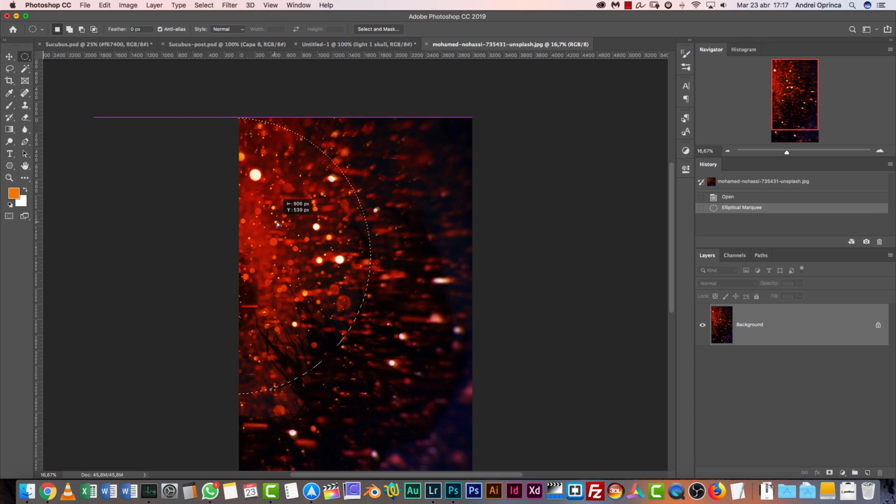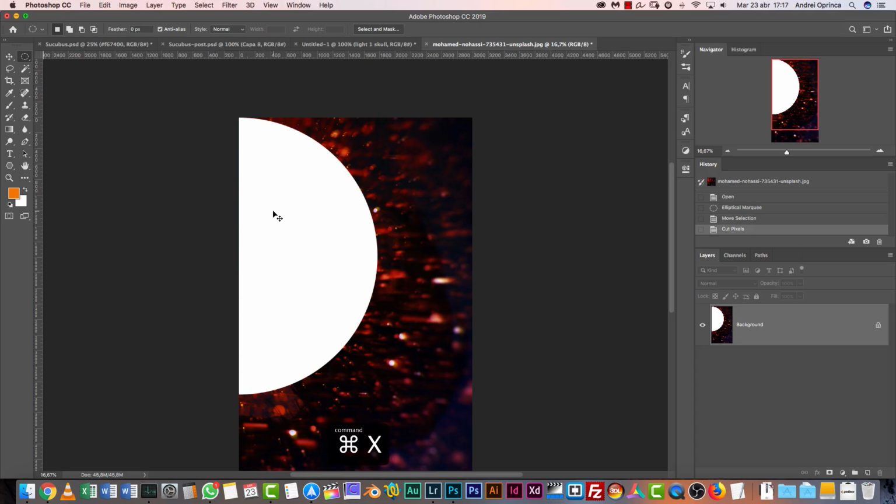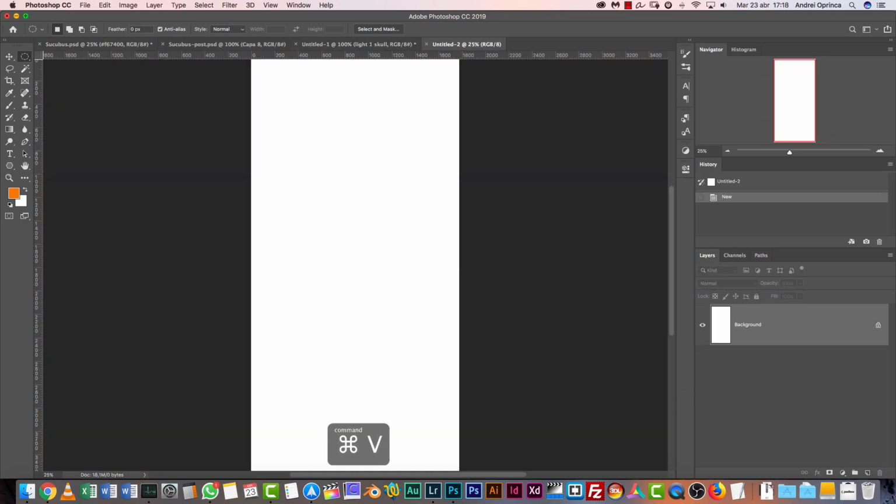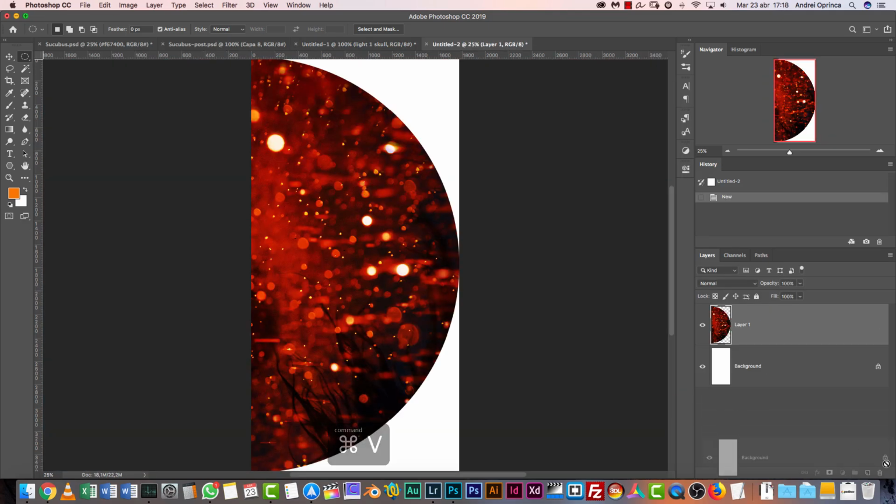Like so. I'm going to put it halfway there. Just because I want to create a circular selection, I'm going to press Ctrl-Command-X. And I'm not going to save this, create a new document. You can put that texture right as it is. You don't have to do what I'm doing here, but I like to have this